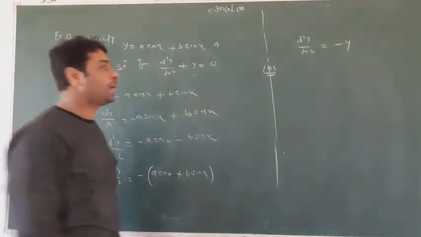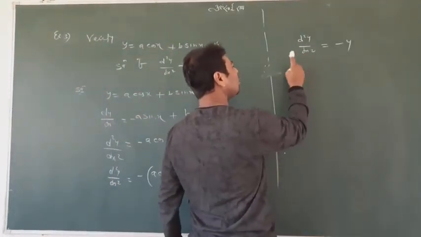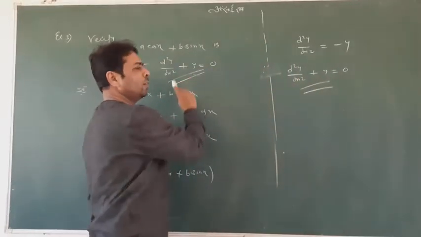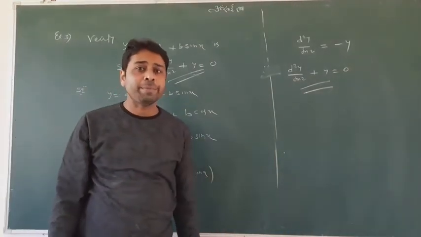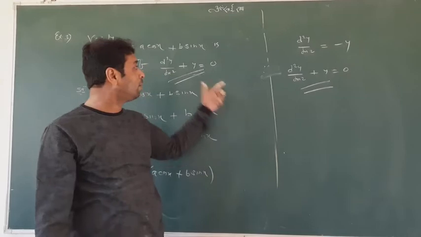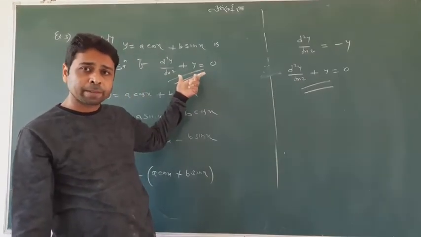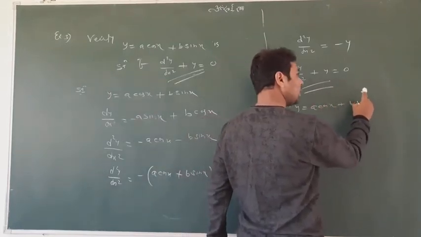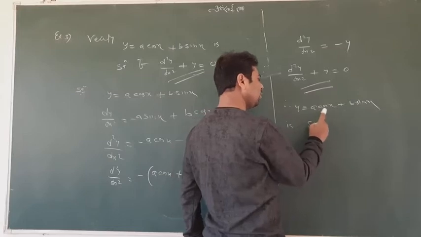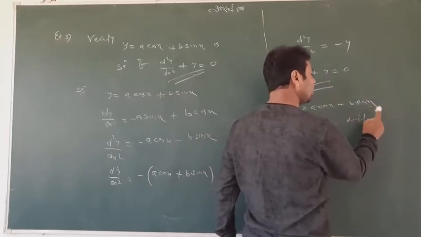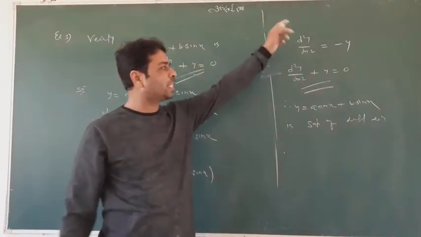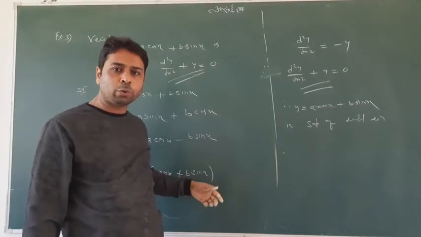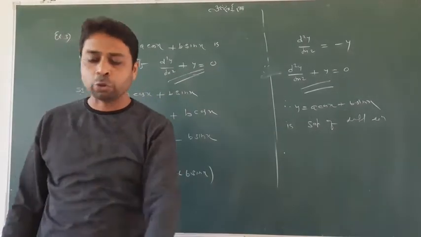Look at minus y and transfer minus y to this side, this is going to be plus y, equal to 0. Can you see that we got the same? I didn't take the left hand side because at once we got the same term, the same requirement which I needed, and it means y equal to a cos x plus b sin x is a solution of the differential equation. But if you do not get the same term directly by doing the differentiation, what you will do is take the left hand side and get the right hand side. This is also another way.